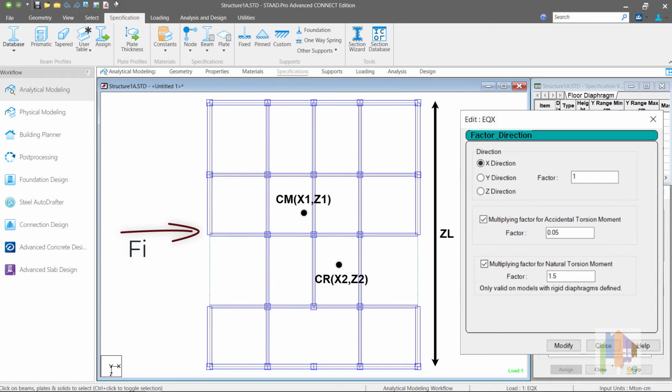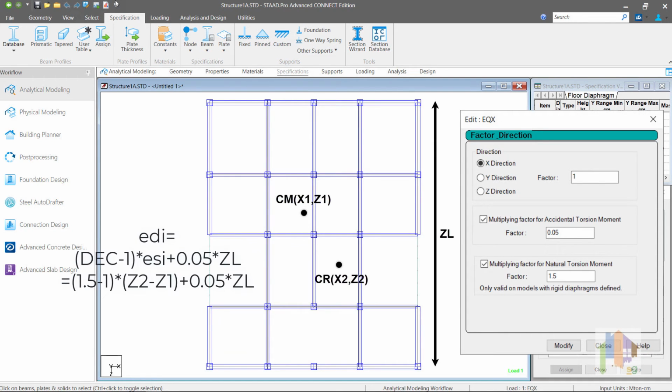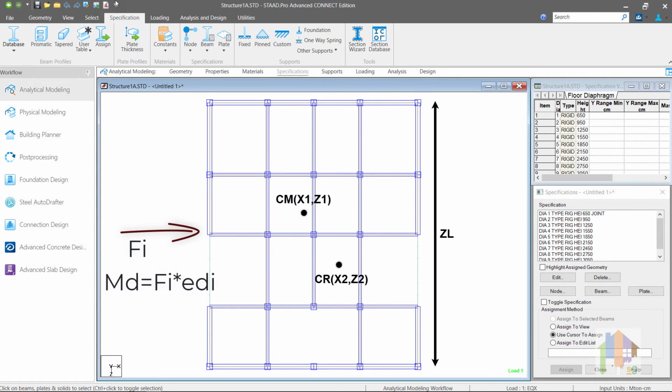If the natural torsion factor is 1.5 and the accidental torsion factor is 0.05, then the dynamic eccentricity should be (dc minus 1) into static eccentricity part, plus 0.05 into the plan dimension perpendicular to the seismic force direction, that is the z-axis, which comes as 0.5 into (z2 minus z1) plus 0.05 into zl. This dynamic eccentricity is multiplied with the design lateral force value at this floor level to calculate the additional moment